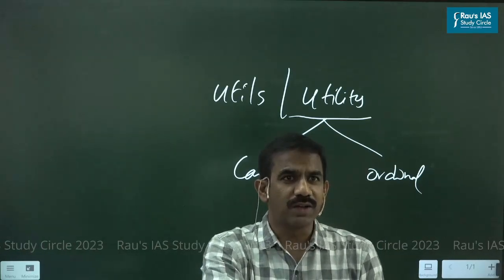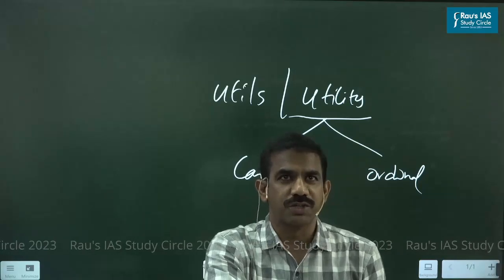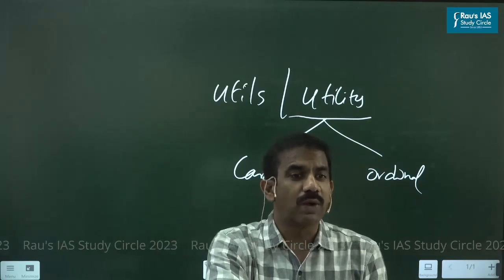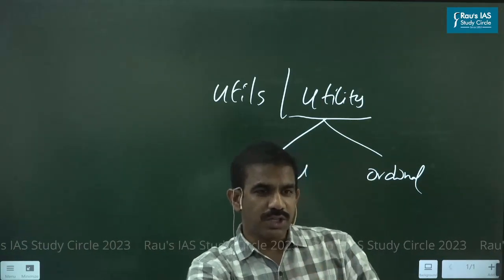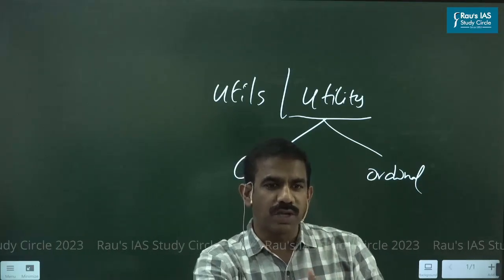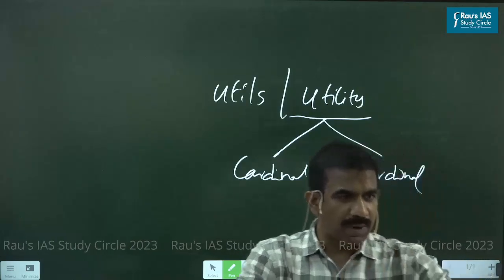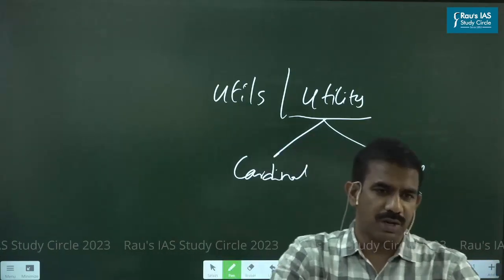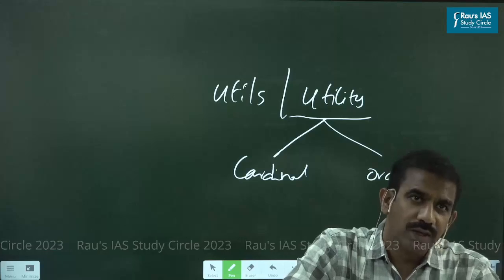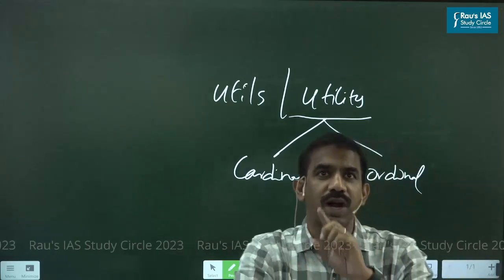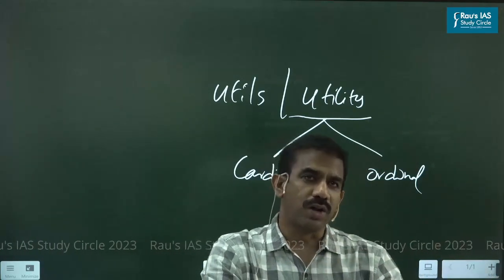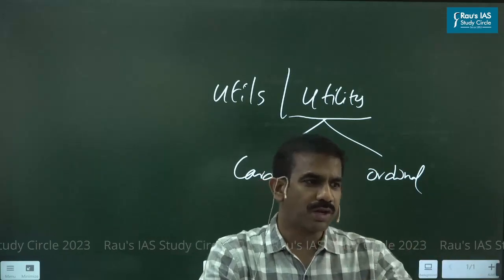So utility in this case is ordinal in nature. It's something relative or subjective. I could compare: my utility consuming pizza is more than the utility that someone else might derive. I could compare, but I could not simply express it in terms of numbers. Got it? Following? So I hope you understand the difference between cardinal and ordinal. Cardinal measure, ordinal measure.